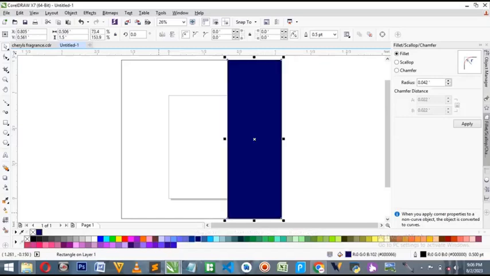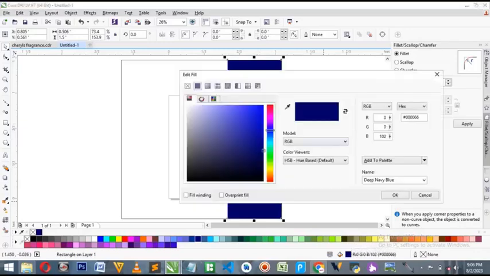So for this one, I want to apply a color without wasting my time. I want blue. I'm going to right click on this to remove the outline, the black outline. So this is not the color I want to use actually, so I'll double click on this layer. It takes me to this area where I can customize the color I actually want for my design. So this is my color code,